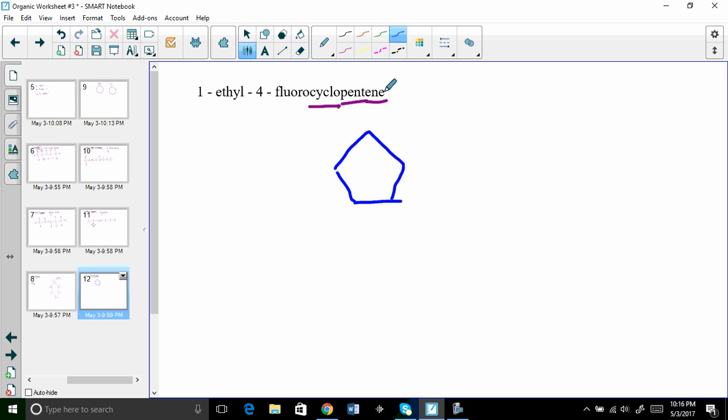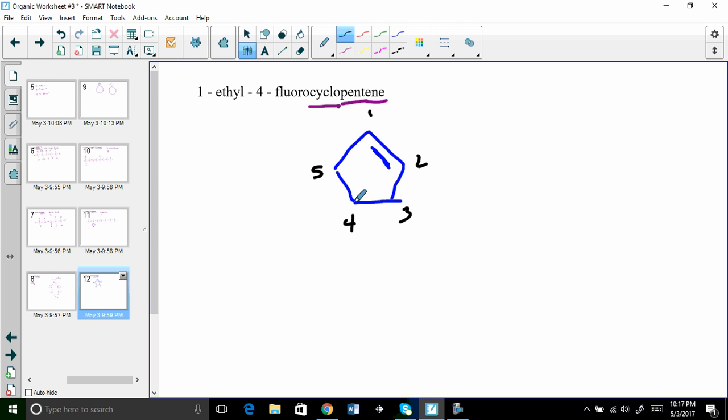Pent, cyclo, ene means there's a double bond, and this is how you show a double bond. And double bonds are more important than substituents. I'm going to come back and erase this. But this, I'm going to go 1, 2, 3, 4. I'm going to think of it like this because the most important thing, which is the double bond, is in position 1. Bonding site 1 is between atoms 1 and 2. Bonding site 2 is between atoms 2 and 3. Okay, so ene, double bond, pent, 5, cyclo in a circle, and then